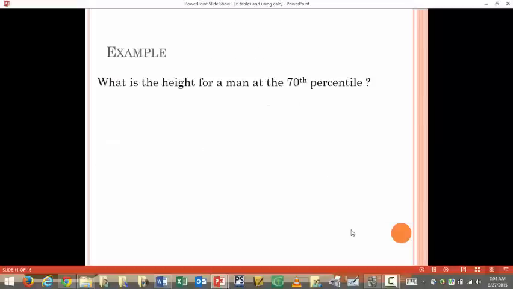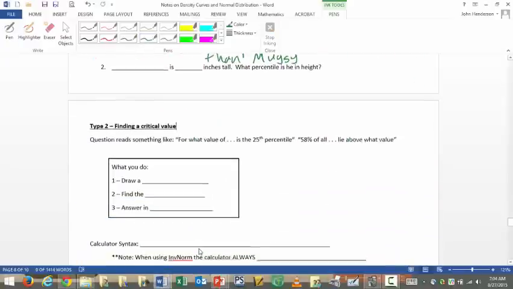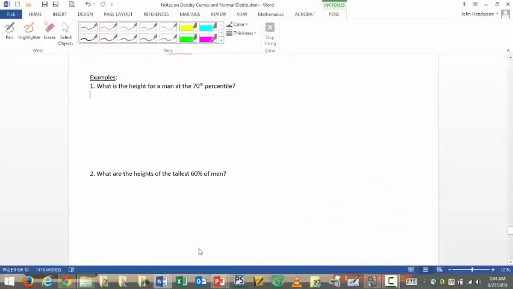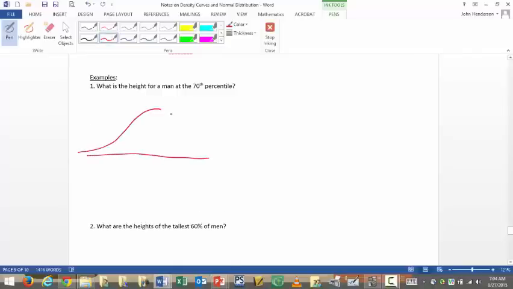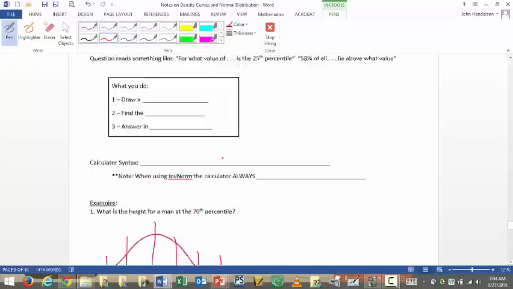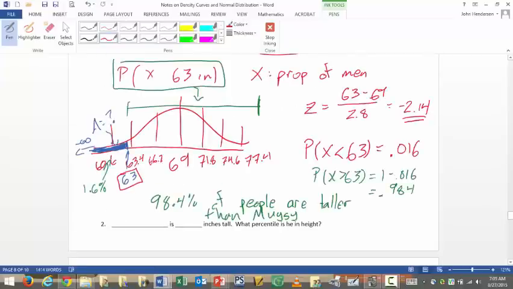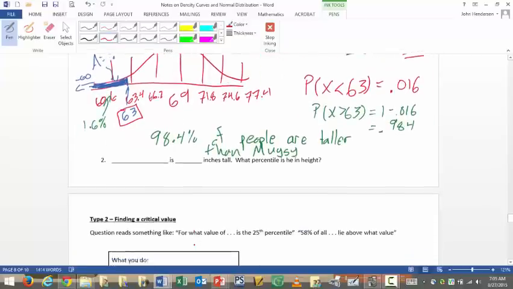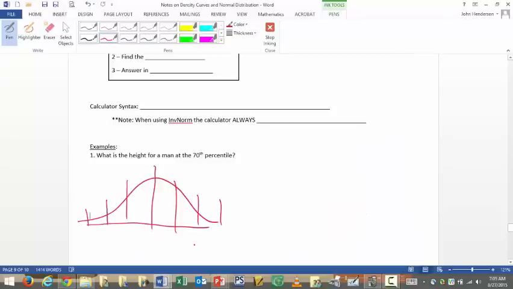So what is the height for a man at the 70th percentile? Here's our next example. First thing that I'm going to encourage you to do, again, draw a curve. So where would the 70th percentile be on a normal curve? Well, we know that the 84th percentile is 1 standard deviation above the mean. Now, I'm still using the men's heights from above. So we'll go ahead and throw in the 60.6, 63.4,